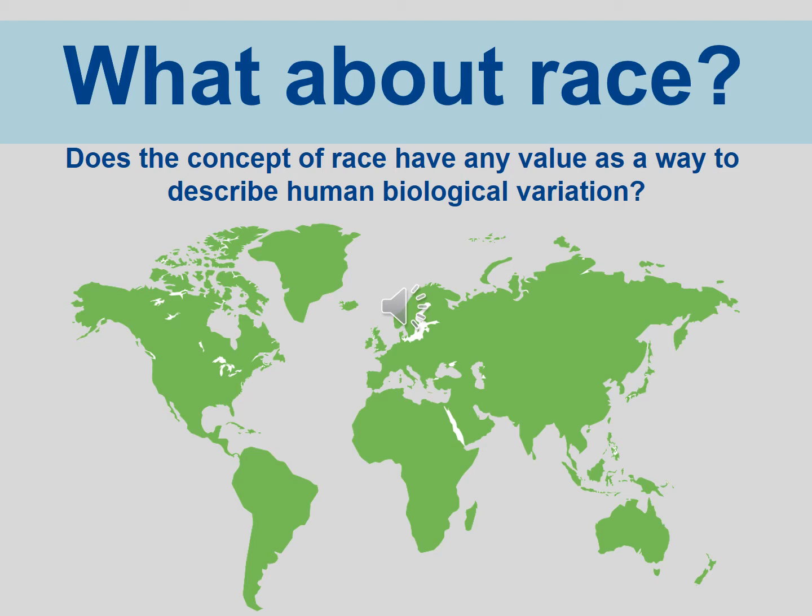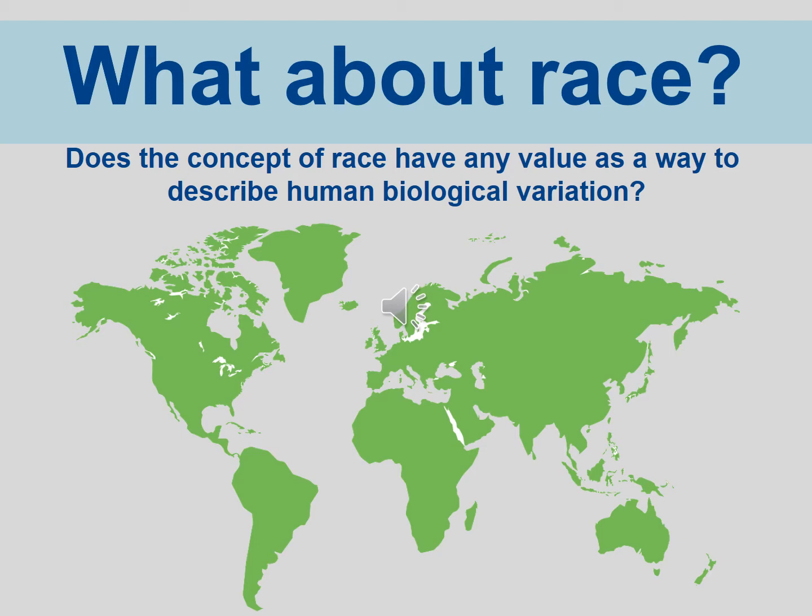But then it got picked up by a number of different individuals near the end of the Enlightenment, and it was used to mean different groups of people, specifically humans, and then we can divide us up into some of these